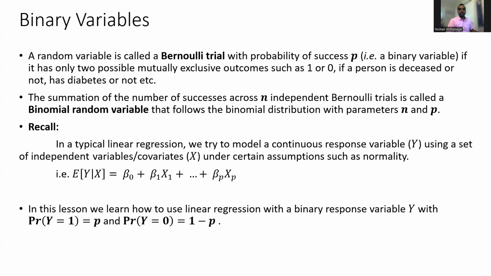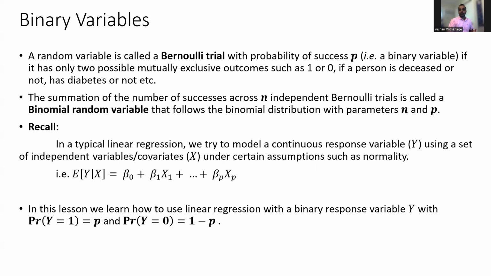Okay, so let's begin. Let's try to understand the binary variables first. So consider an experiment of flipping a coin. How many outcomes can we get from the experiment? So what do you think? So we can have only two possible outcomes, head or tail. So for example, if we count the number of heads we can get from a single coin flip, then it is a binary random variable because we can have only two values, 1 or 0,